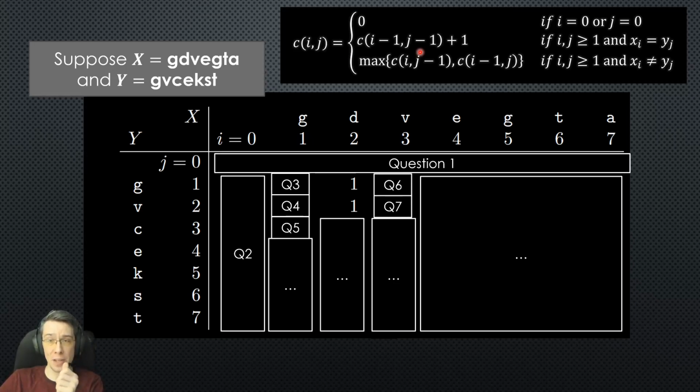Okay, so we depend on a cell up, left, and top left. So that tells me if I compute rows from the top down, from j equals 0 to j equals 7, and then within each of those rows I compute left to right from i equals 0 to i equals 7, then I'll have an order for computing these entries that always ensures when I'm trying